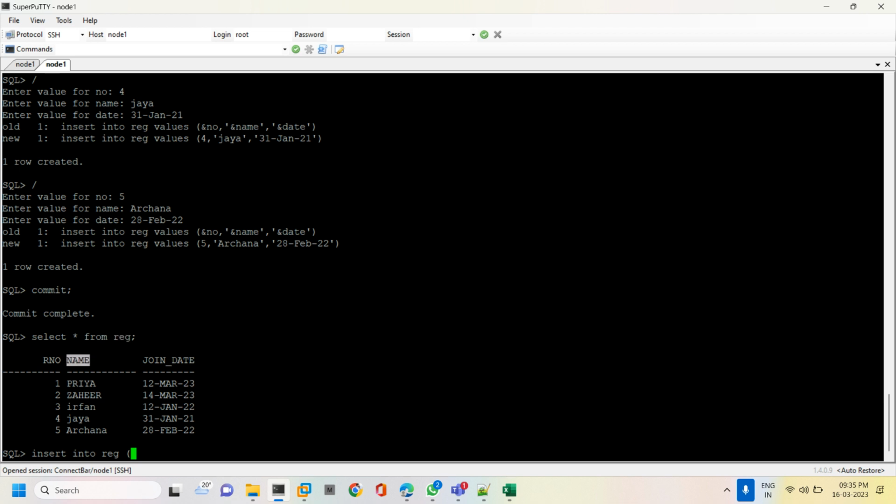Like a jumbling process. First I want to give the name, and then I will give the roll number, sorry, date, I will give here, then roll number. Okay, join, so not date, just join underscore date. What columns you have mentioned, those names only you have to mention, and then roll number. I'm saying jumbling process, and then values. So now suppose here I give name, then if I enter number, and then join date I mention. Here I give the name, and here the roll number. If I give the date here,